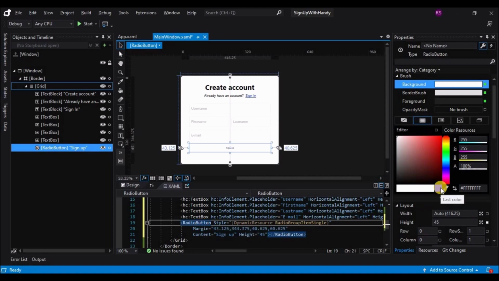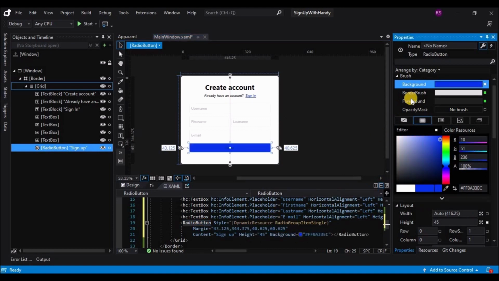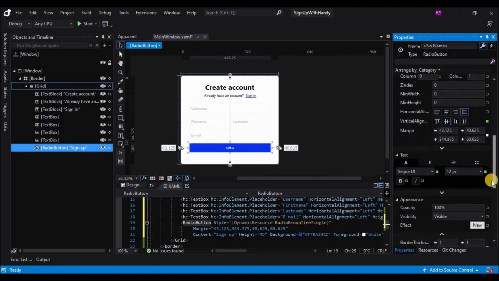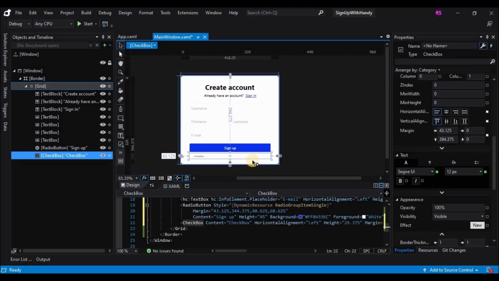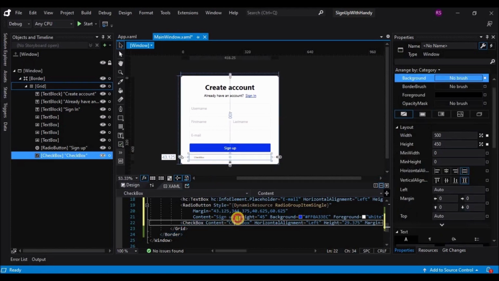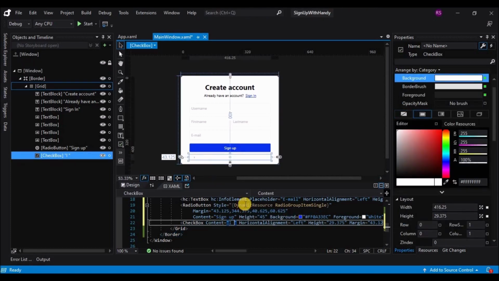I think it's better we use the regular button. So let's change the properties first, and then let's remove the radio prefix from the button radio button tag. Next, we have added the regular checkbox,